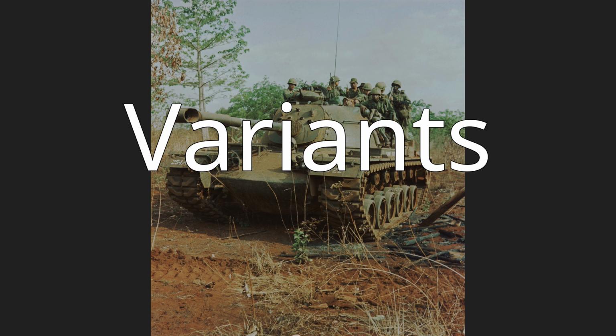M48A4E1: proof of concept prototype, mating the T95E1 turret to the M48A2 hull. M48A5 PI: early conversions of M48A3 hulls to the M48A5 standard. Retained the AVDS-1790-2 engine, CD-850 transmission, and T97 track. All were further upgraded in 1976 with components from the M60A1 RISE hull PIP update kit and redesignated M48